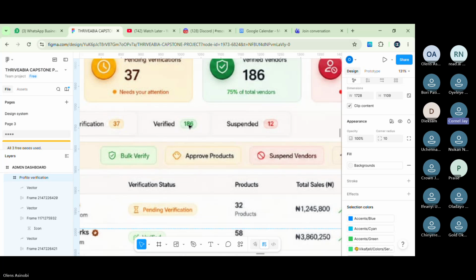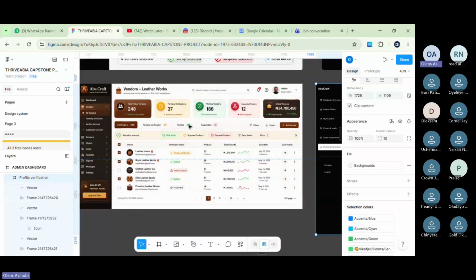Something like this. So if you're going with that, that means you're not going to have this card section. Is that what you're saying? The card section can still be there, but it should be carrying very important information like the verified users. Number of verified users is very important for a site.